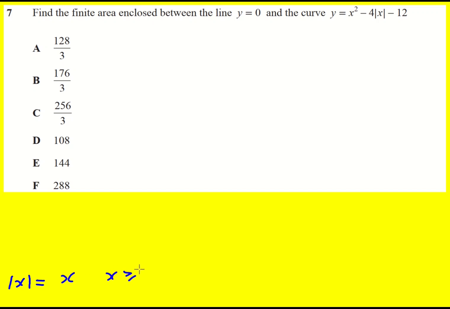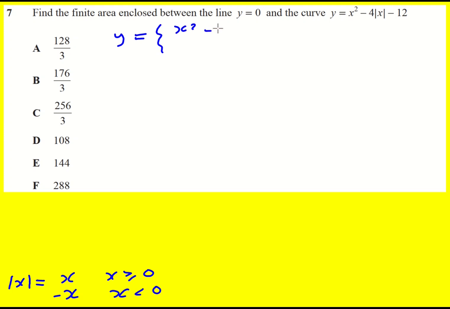When x is greater or equal to 0, it doesn't do anything. The modulus of 7 is 7. But if x is less than 0, then it makes it minus x. If you put in minus 7, you get minus minus 7. If you get 7 out, again, it always makes it positive. So for us, we've got y equals